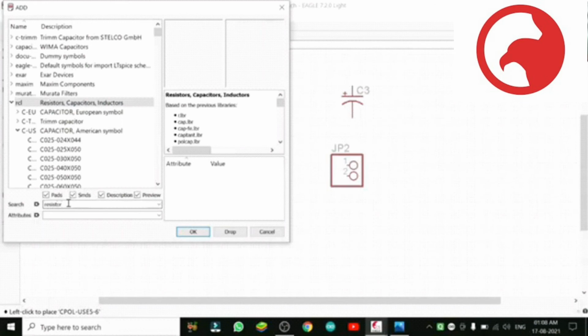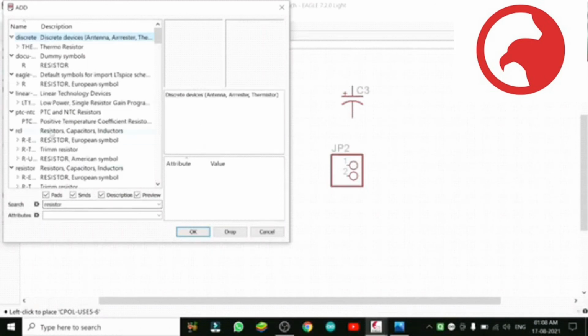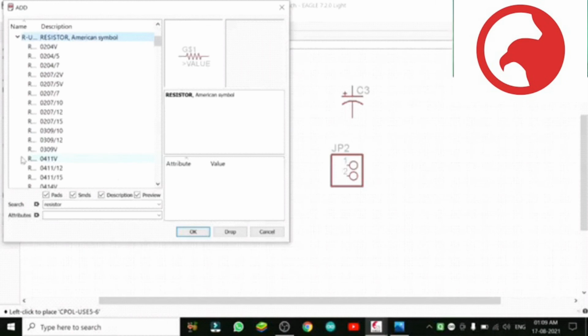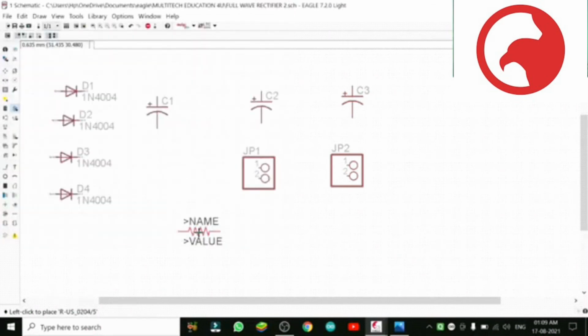Now this RCL is, remember always, RCL is the best folder. In it you will find resistance, capacitor, inductance, everything. So now we are going to select in RCL folder this resistance. Our resistance is say 5 volt is okay. So here it comes.